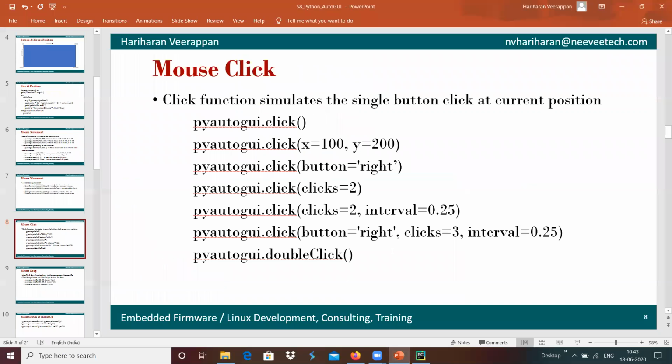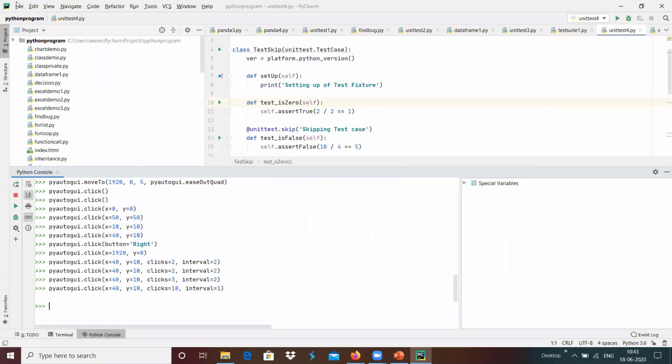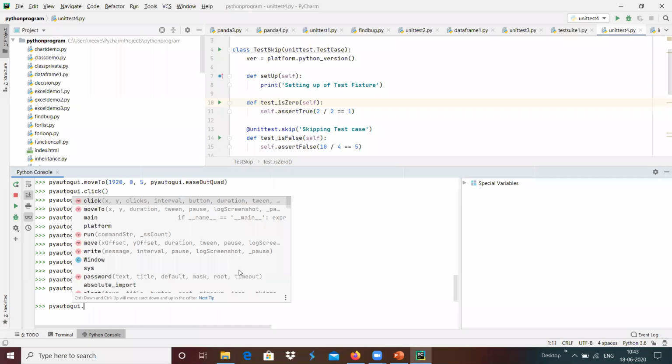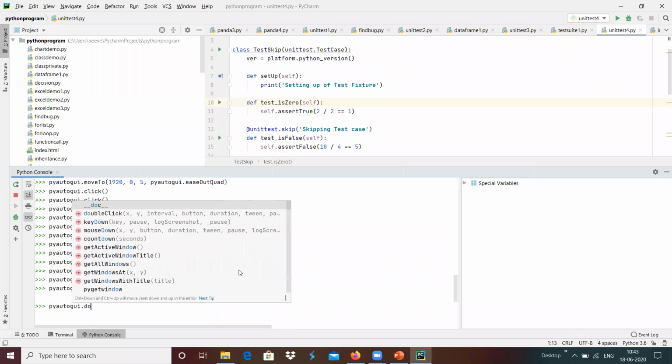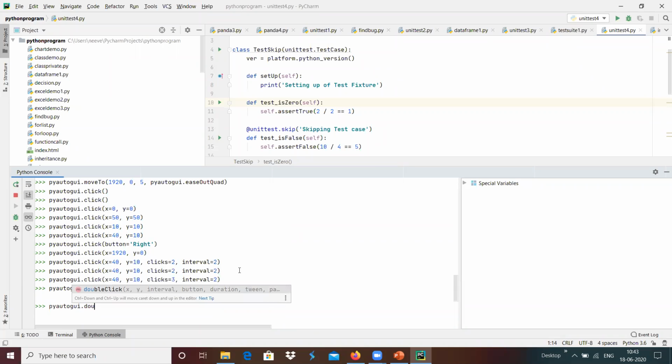We have the option, in a similar way, to generate double clicks with the help of a double click function. For example, if I go there and do the double click, the menu comes and goes. Maybe we can use pyautogui.doubleClick in a similar way, with x equals 40 and y equals 10.